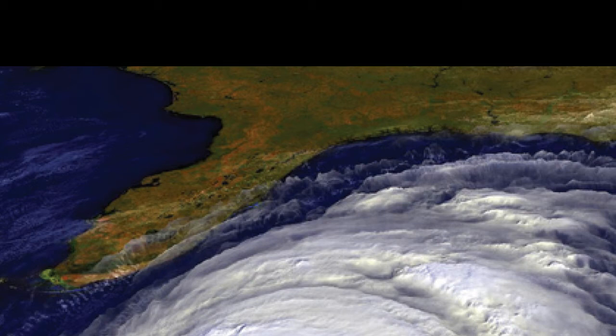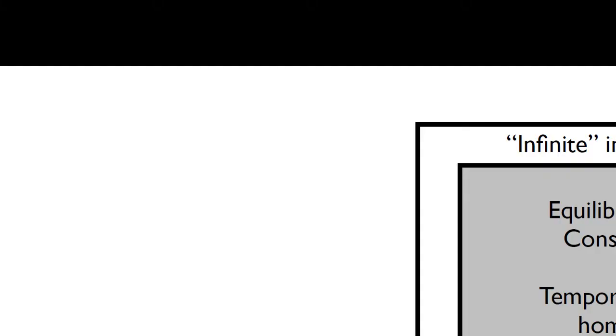And so if you're not familiar with non-equilibrium systems, I'm sure many of you are. This is a particularly topical example of a non-equilibrium system on planet Earth in the year 2017. There've been a lot of these. It's a hurricane approaching Florida. I forget where I got this picture from, but it's a hurricane approaching Florida. This is a very typical non-equilibrium system. And what do we mean by non-equilibrium system? So we have this whole theory called thermodynamics and statistical mechanics and chemistry and physics that tell us certain things as long as we meet some criteria, and systems are in what we call equilibrium.